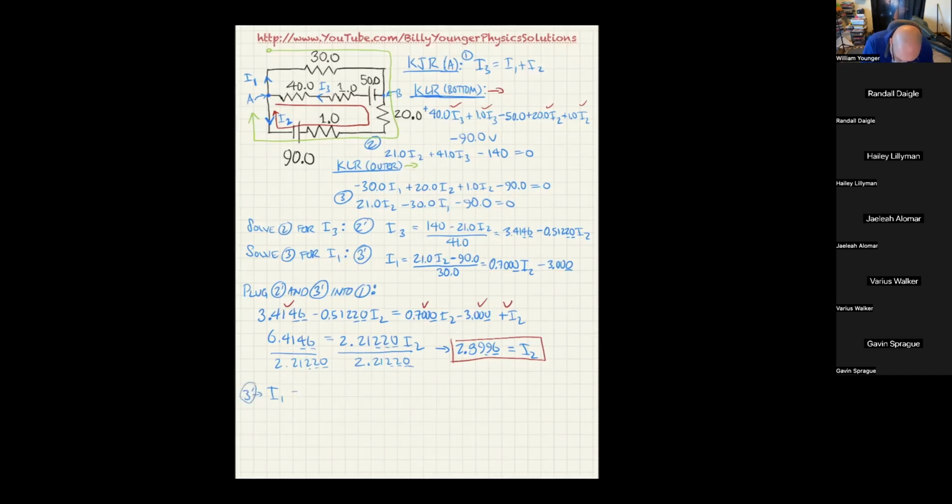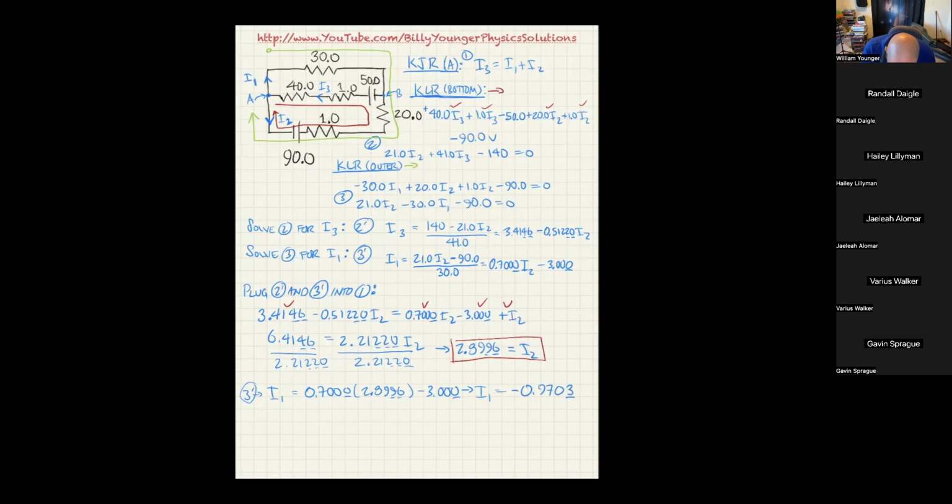I1 is now equal to 0.7000 times 2.8996 minus 3.000, which gives you I1 is equal to, let's see, 0.7 times 2.8996 minus 3. That's going to give me negative 0.9703,